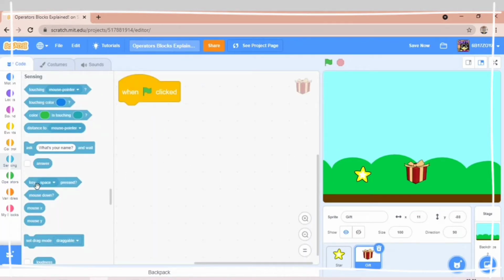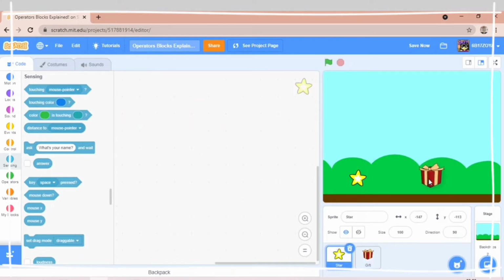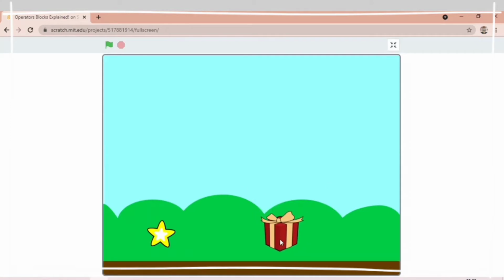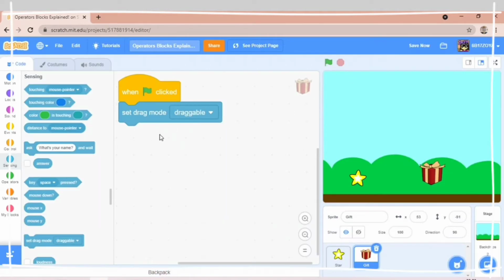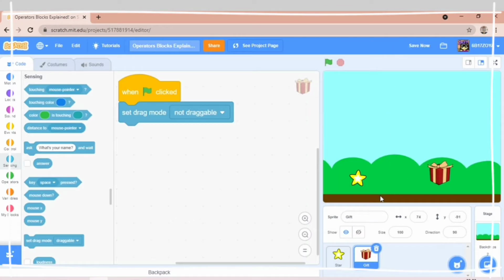So the mistake was set drag mode draggable or not draggable. This is when we do full screen, or like I am over here and I can drag it to any position. I can bring it any X position, any Y position, any direction. But when we do full screen, then we can't edit any of these things. But I am able to. Why? Because I have enabled the option to set drag mode draggable. But if I do not draggable, then it won't drag. Okay, I didn't press this button. Yes, now it isn't dragging, and by default not draggable is selected.